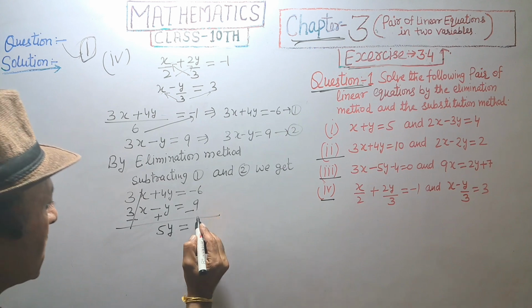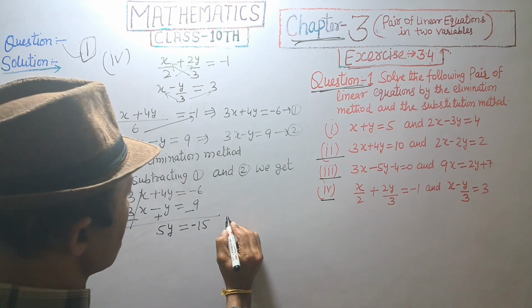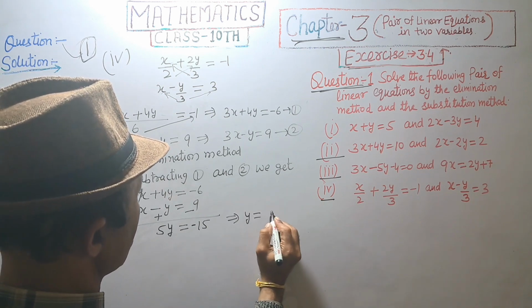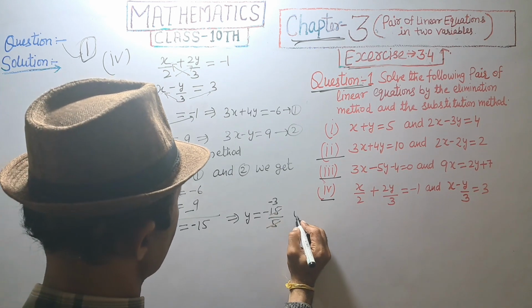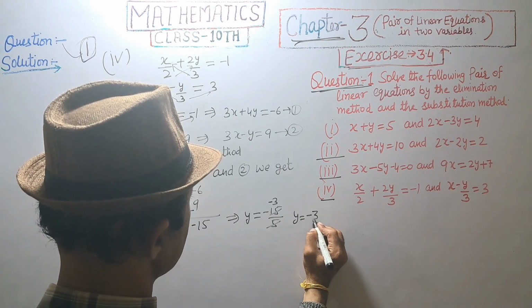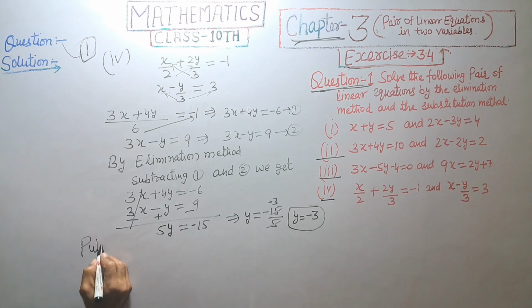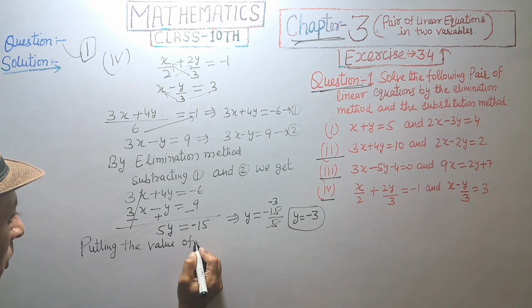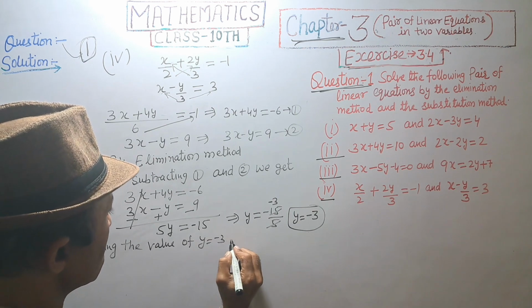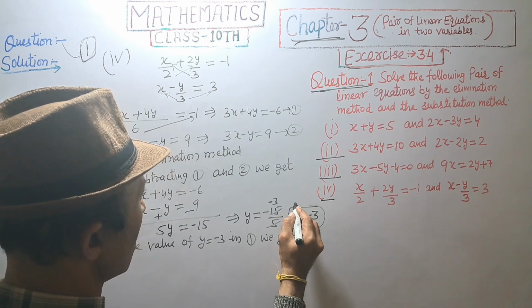9 plus 6 equal to 15, minus 15. This implies y is equal to minus 15 divided by 5. 5 3s are 15. Y is equal to minus 3. Putting the value of y equal to minus 3 in first, we get